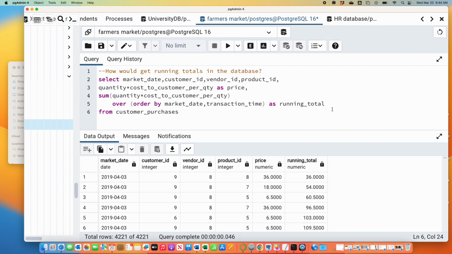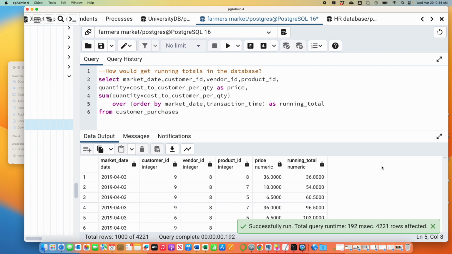Anyway, so you can keep track of running totals like this. Sum of the thing you want to keep track of, and then do you want to keep track of it by category, like we were doing initially? Do you want to keep track of it by date, or do you not care about any sort of partitioning? Just let me go over the entire database. I'm still going by time. That's what this order by is. I still insist on going chronologically. You don't have to go chronologically if you don't want to. You do whatever you want. Okay. Questions on this? Is it clear what's happening with that query?